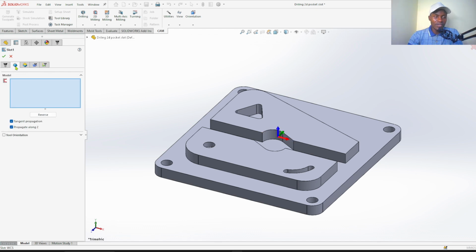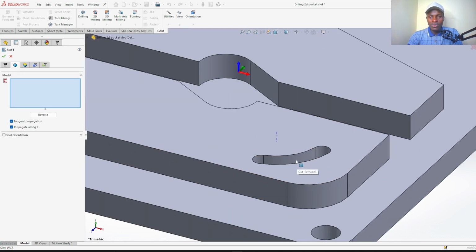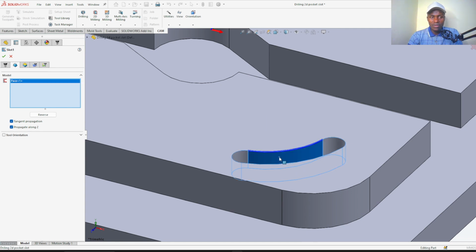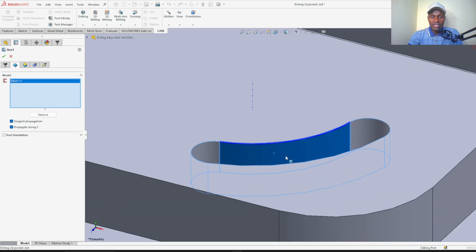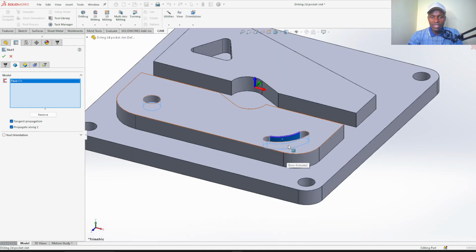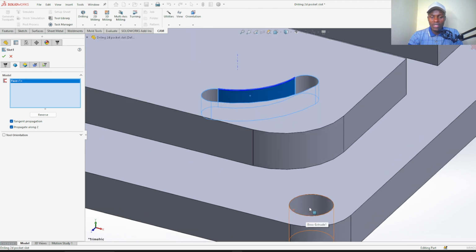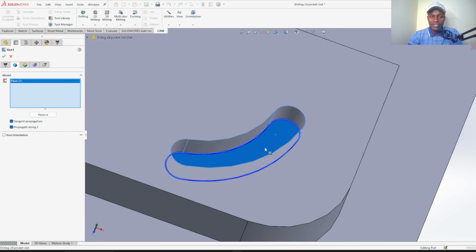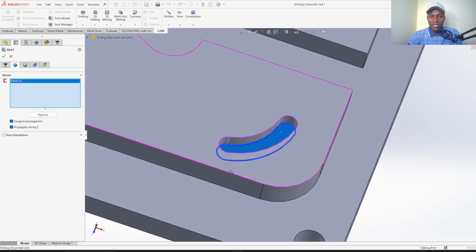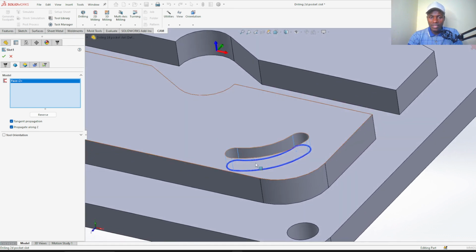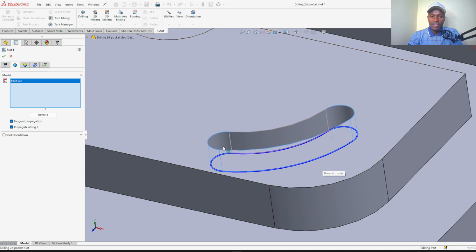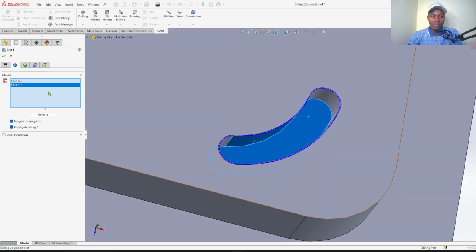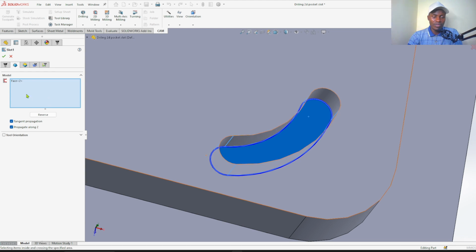Now we proceed. Where do you want to do the milling operation? Now you should be careful here. Don't select the outer surface on the slot. That one only applies on drilling. On slot and any other type of milling, we'll select the bottom surface like this. And you see, when you select, there is this blue line that shows where the operation will be done. So remove this one.